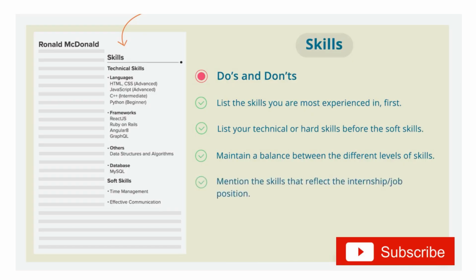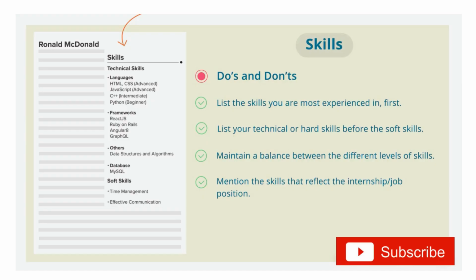Mention the skills that reflect the internship or job position. What we mean by that is, review the job description carefully before applying for a job or an internship. Highlight the skills required as per the job description first. For example, if the job description says that they need someone who is good with back-end languages, while you have the knowledge of both back-end and front-end languages, then you should mention your list of back-end languages first and front-end